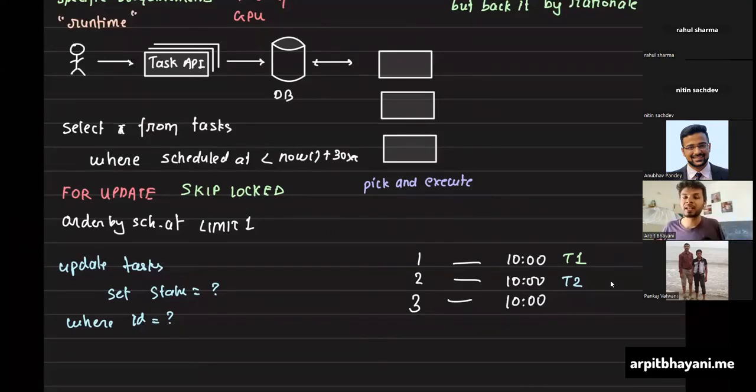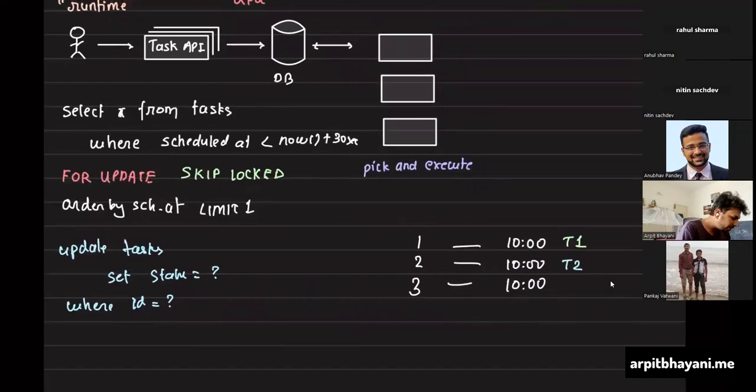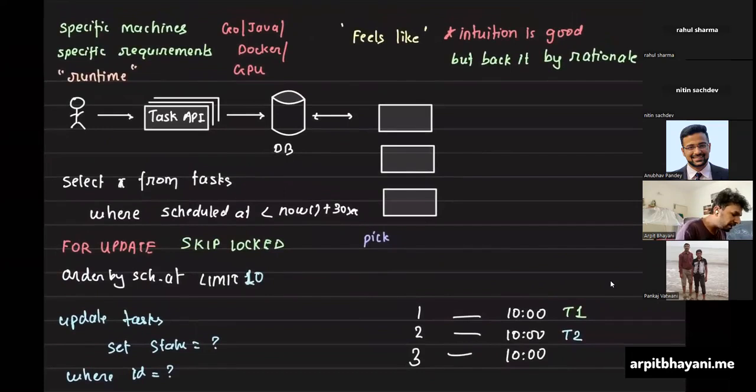So which means that it is ideal for your database that you read tasks in batch. Instead of reading one task at a time, you read, let's say, 10 tasks at a time, and then delegate it for execution. This way, you minimize the load on the database. The job of this machine only remains that, hey, I'll just keep on picking the task and delegating it for execution. Now, these are the tasks that need to be executed right away.